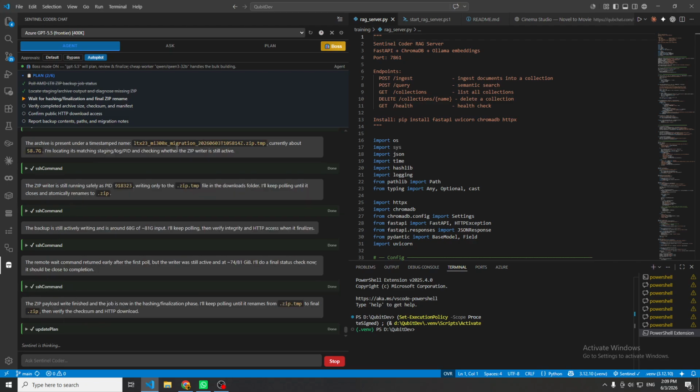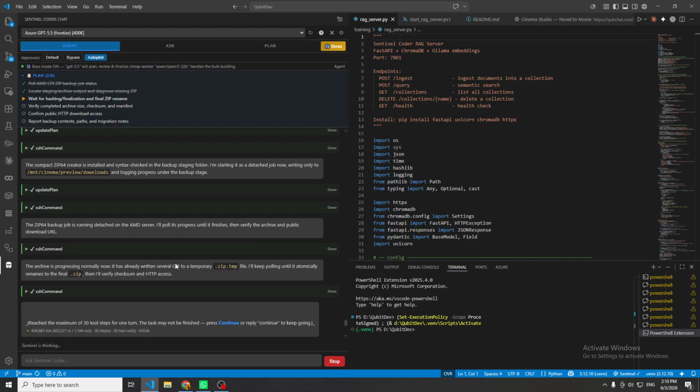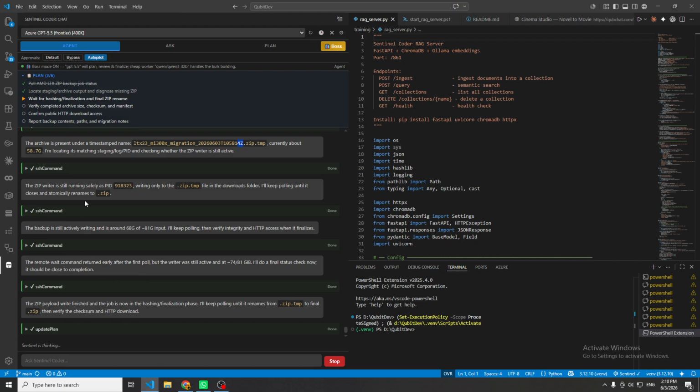Right now, he's making a backup for my server and is zipping a folder. Then he will give me the link to download. So you have